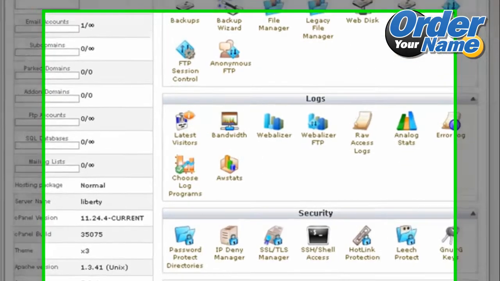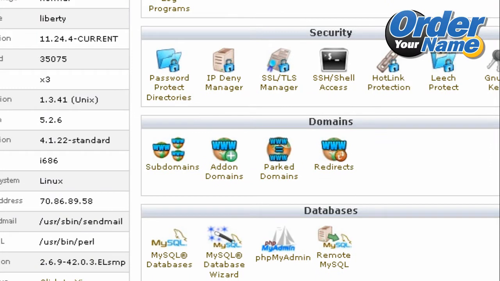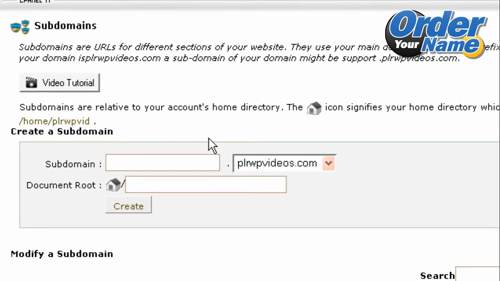And if you scroll to the bottom, you will see that you can also add new subdomains. You can have add-on domains, park domains, and also redirects in your cPanel account. So let me give you an example of how to create a subdomain. A subdomain is simply an extension to your main domain. So in this example, my main domain is